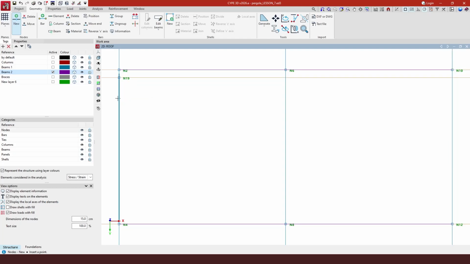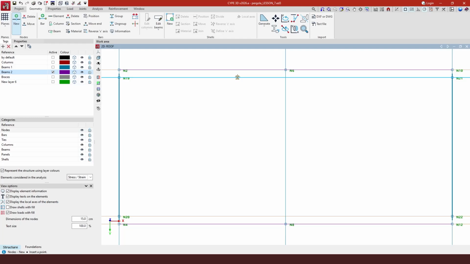I'm going to do the same thing in this end too, 0.3. And also I'm going to snap this in this node too. Okay, now that we have that reference that is 0.3 here in this plane view, we are going to insert